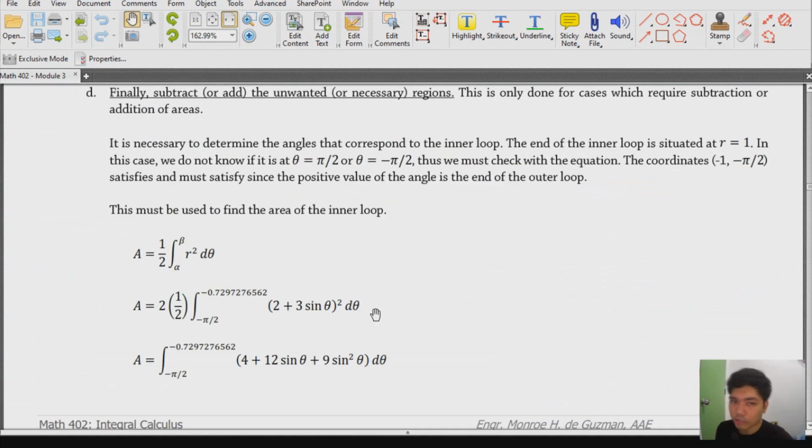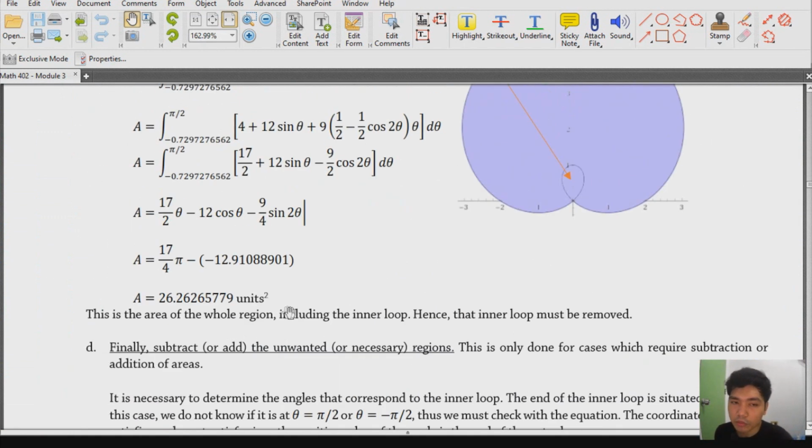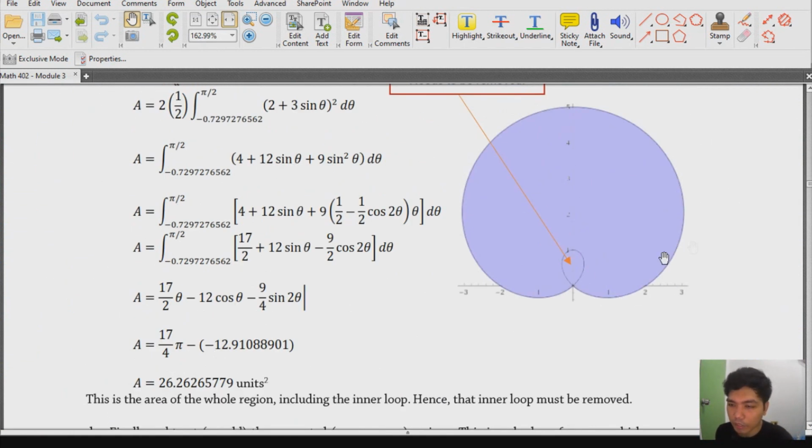Because this is a pitfall trap that is usually experienced by students. Kasi ginagawa lang nila usually, hinahanap lang nila itong from this portion going to pi over 2 then times 2. But the thing here is that since open loop siya, we have to make sure na hindi natin siya ina-account. Kasi